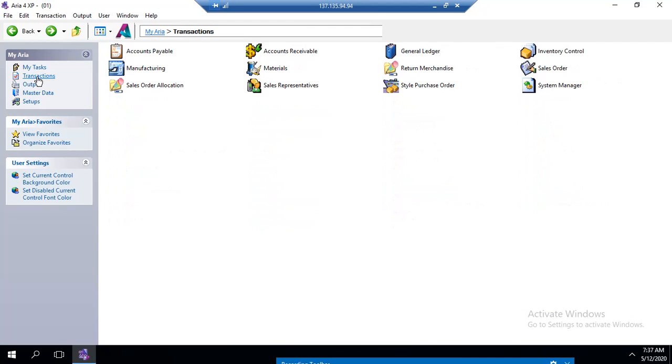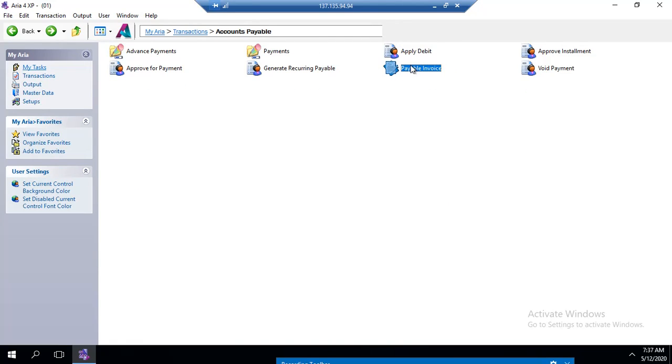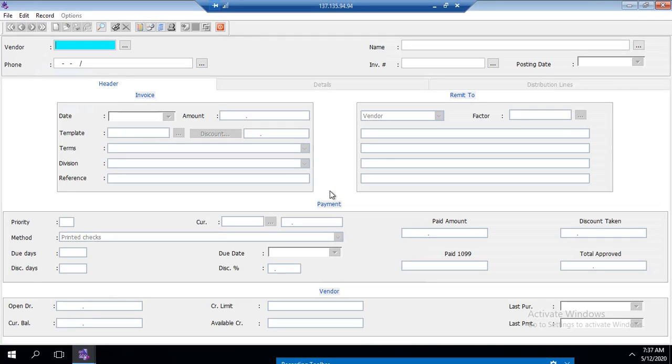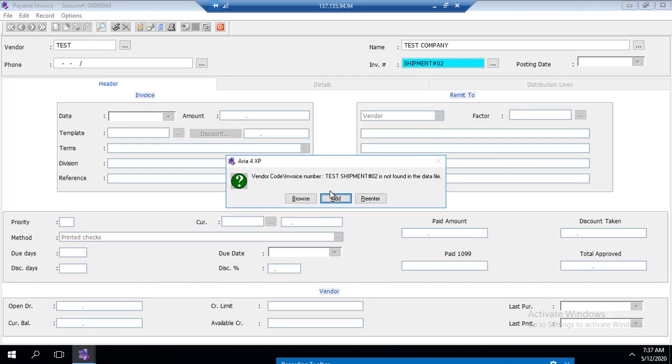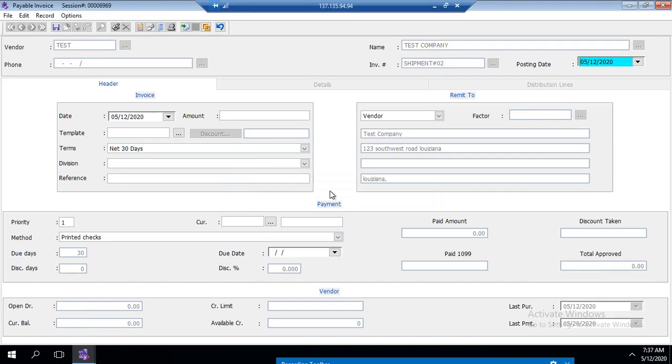And we're going to go back to the payable invoice screen through transactions, accounts payable, and payable invoice. Okay, we're going to enter a new invoice, shipments number 02. Okay, right. Let's add it on the date of